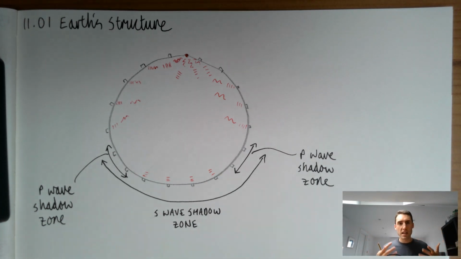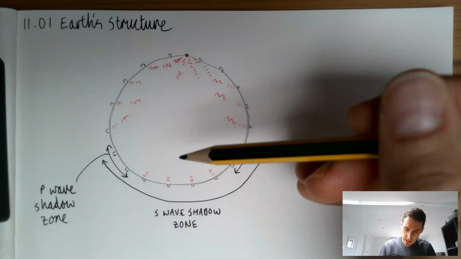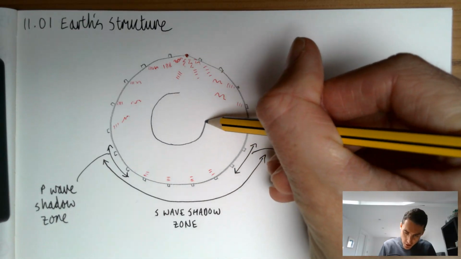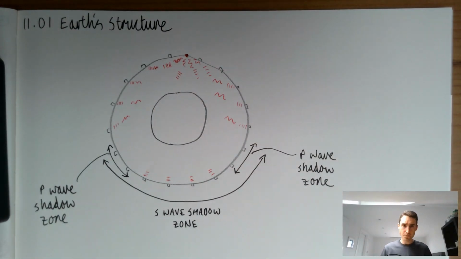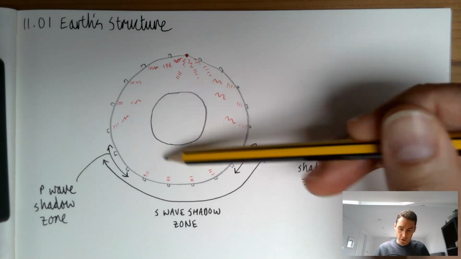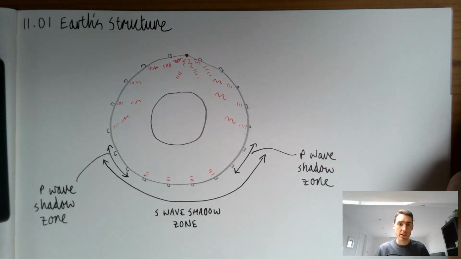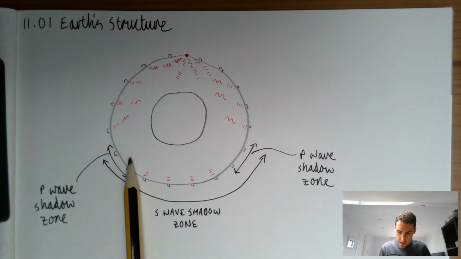This is something we've worked out from the available data. And again, what that's doing is not just transmitting the scientific knowledge, it's giving an indication, even if students don't quite get it, of how we came to believe that. And what you can explain to students is that the theory scientists have come up with is that somewhere in the middle of the Earth is what we call the Earth's core. And there are two sections to this core. The first thing to say is that at least some of this core, especially around the outside, must be liquid. And that's why you get this big S-wave shadow zone,